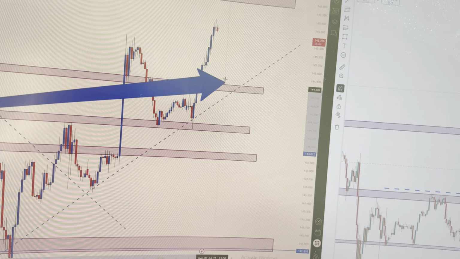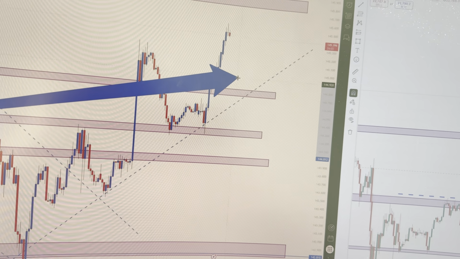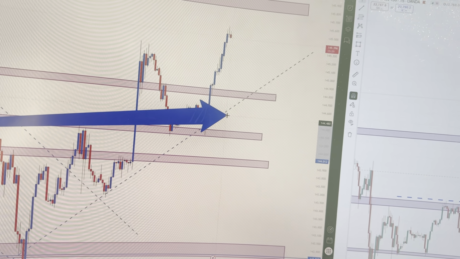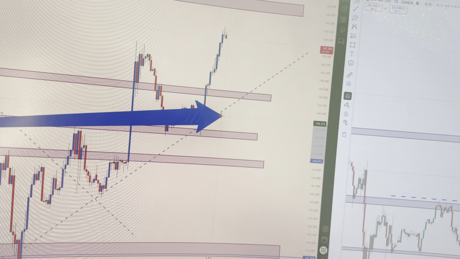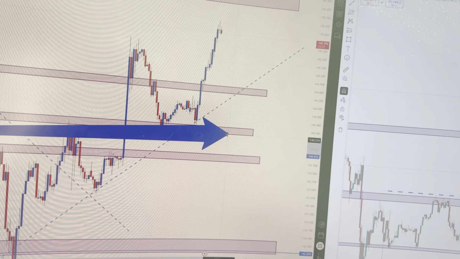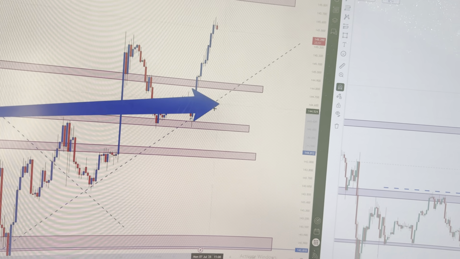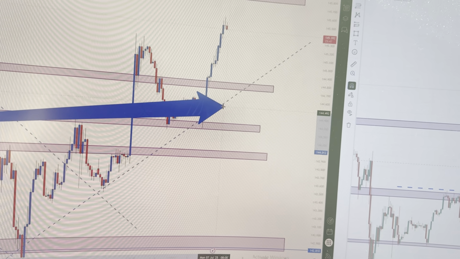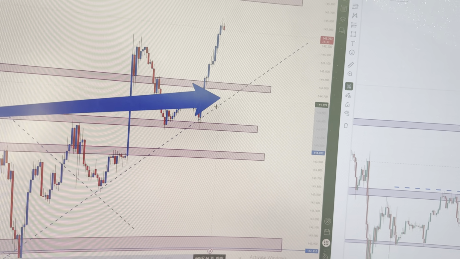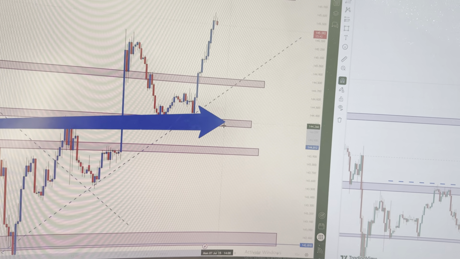Let it come here, play around, don't execute. Either wait for the market to break above again the support, or wait for the market to come here on the trend line. Since the trend line is between the support and resistance, wait for it to come on the support. Don't execute. Why? We are under resistance. This resistance. Listen, if this market comes back at this trend line, okay, and reacts, and then it goes below,